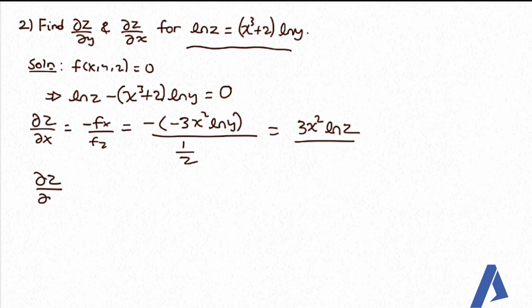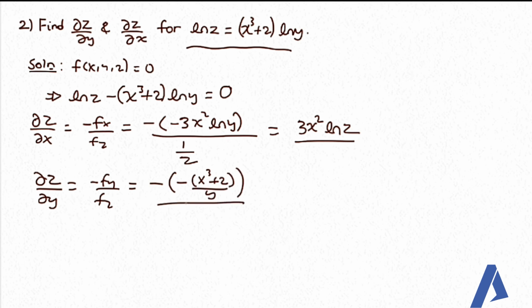Del z by del y similarly minus fy over fz, this is equal to minus minus times ln y is 1 over y, x cubed plus 2, divided by y divided by 1 over z. This is equal to minus, በማይነስ ይጠፋል, z into x cubed plus 2 divided by y ይሆናል ማለት ነው መልሳችን።